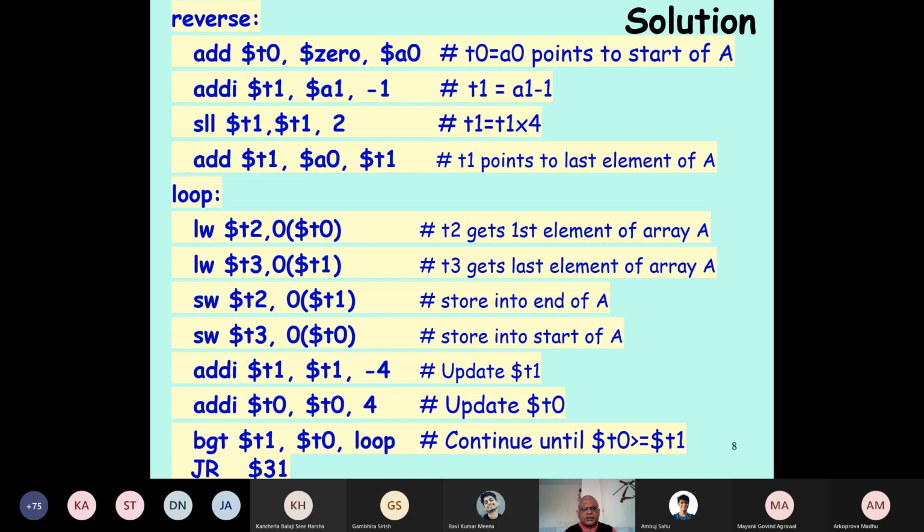But we can't just add 9 to the start address to get the address of the last element, because each element is taking 4 bytes. If it is 9, then we have to multiply by 4 to make it 36. We add 36 to the start address of the array to get the address of the last element.